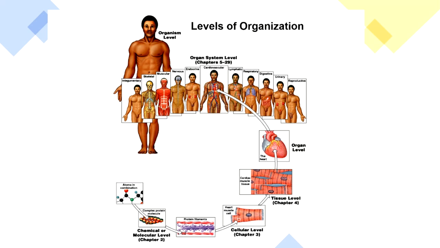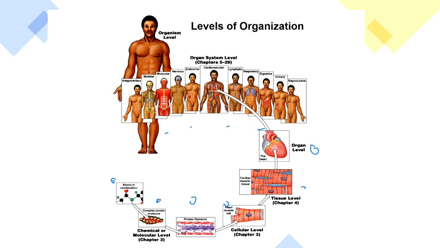So here we have the levels of organization. We start with an atom that becomes a molecule. This molecule becomes a macromolecule, so something like a protein, a carb, or a lipid. Then we go to the cellular level, where those become cells, and then those cells become tissues. A group of tissues together become organs, and then the organs become these different organ systems here, which we will